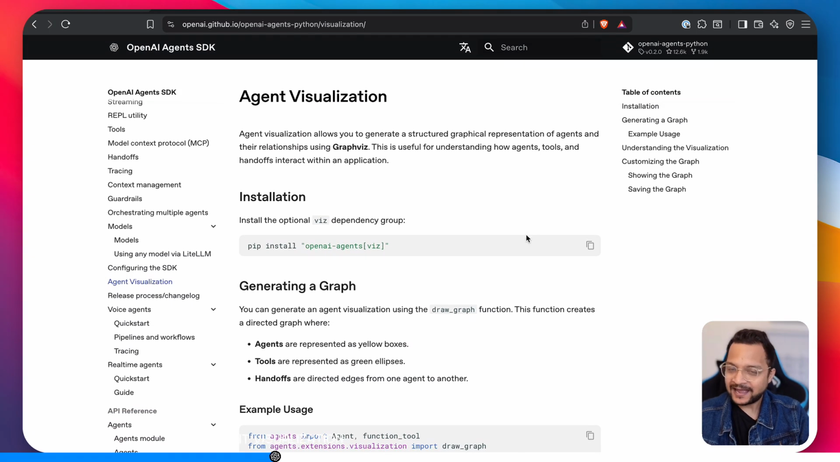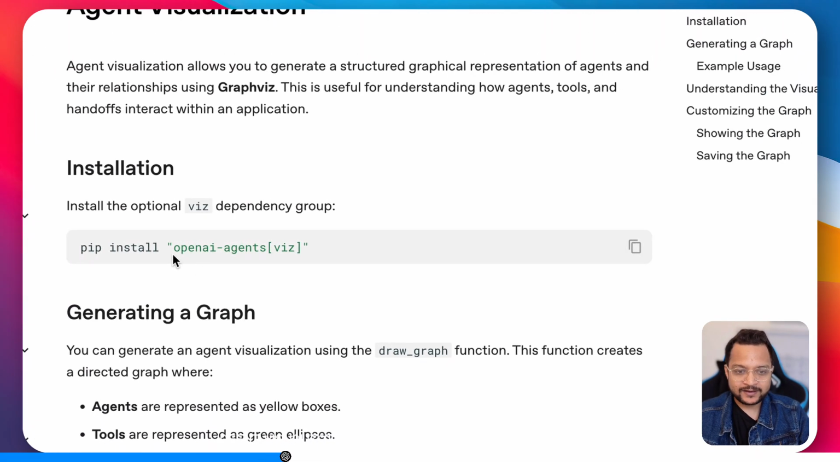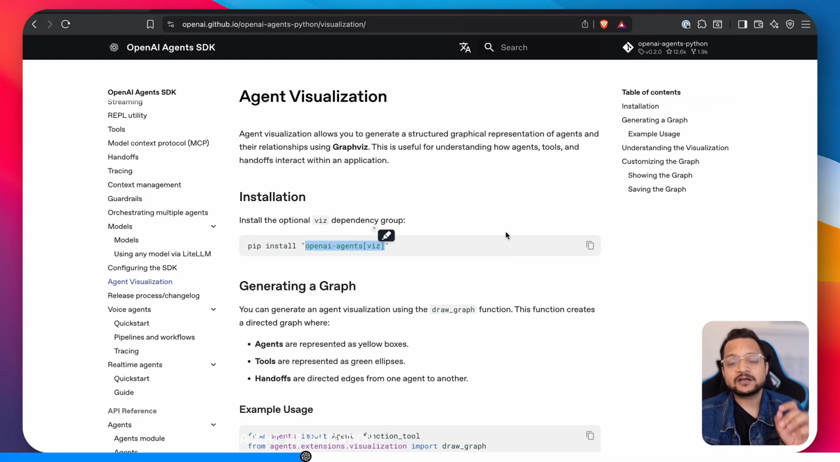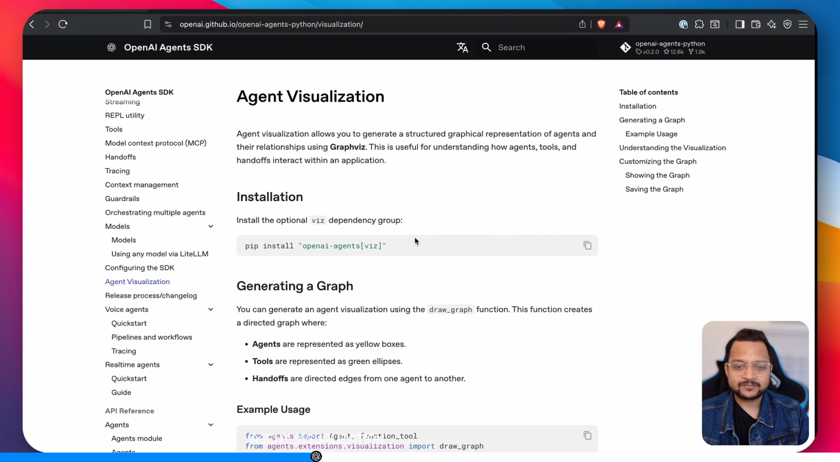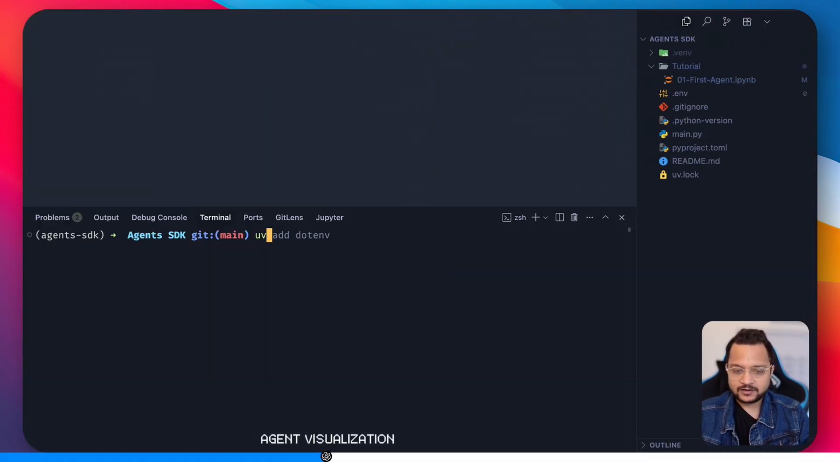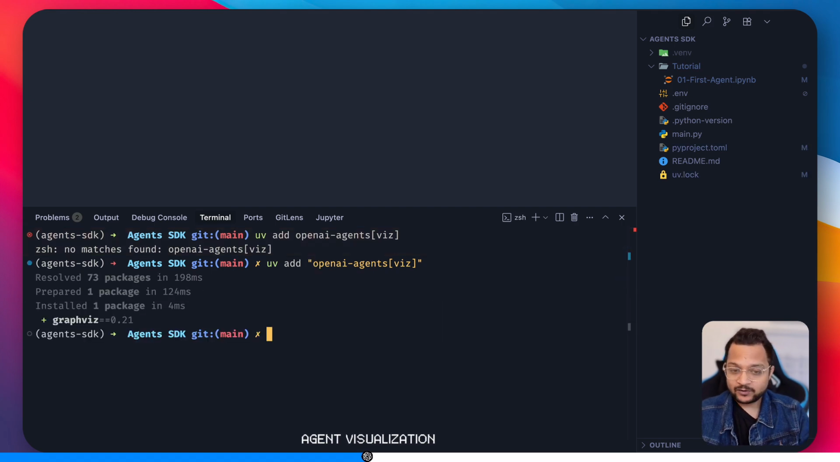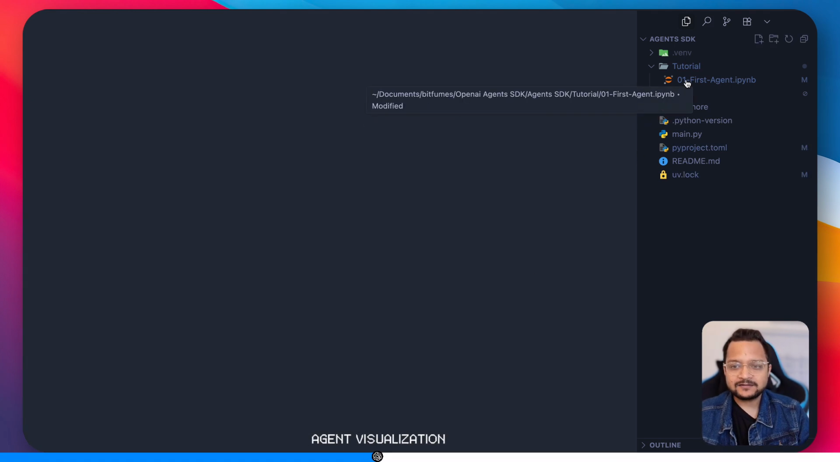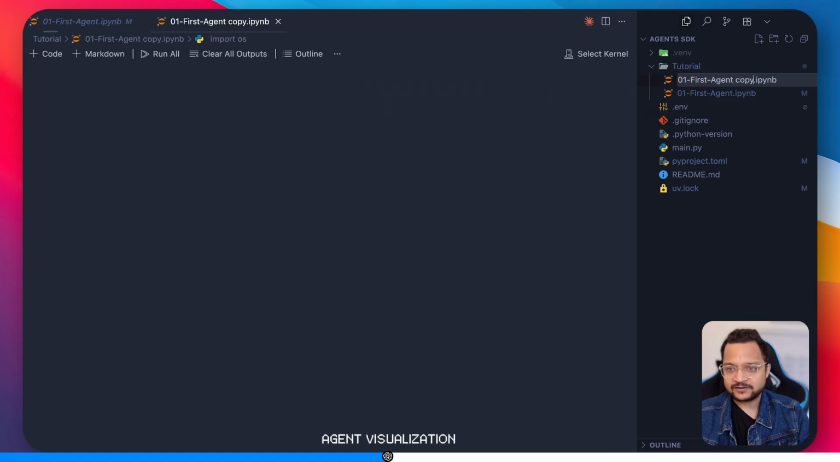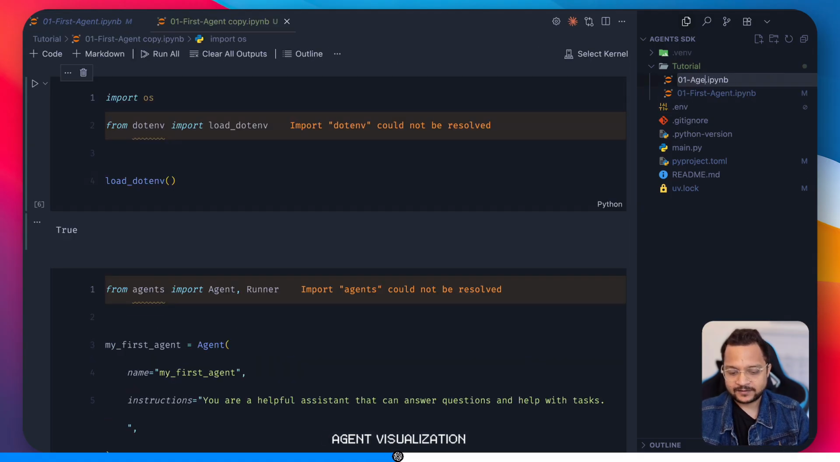Okay, how do we add it? We need to add this OpenAI Agents Viz. Remember, we are not using pip, we are using UV. So just copy the package name and then go here, UV add this. Okay, so now it says it's not available because we need to use it in double quotes. Now, once this is here, we can create another file in this tutorials directory and I call it agent visualization,